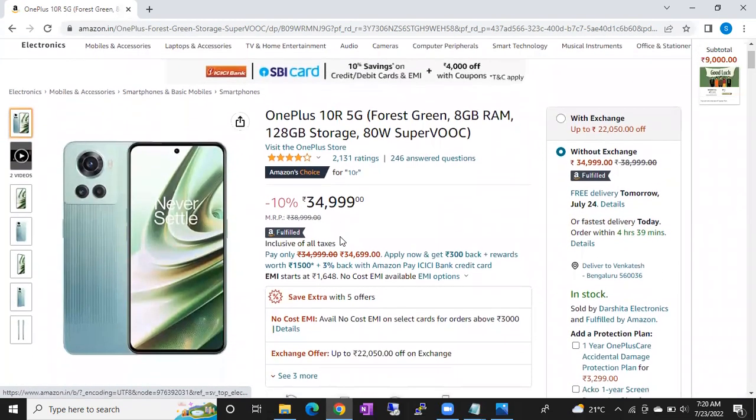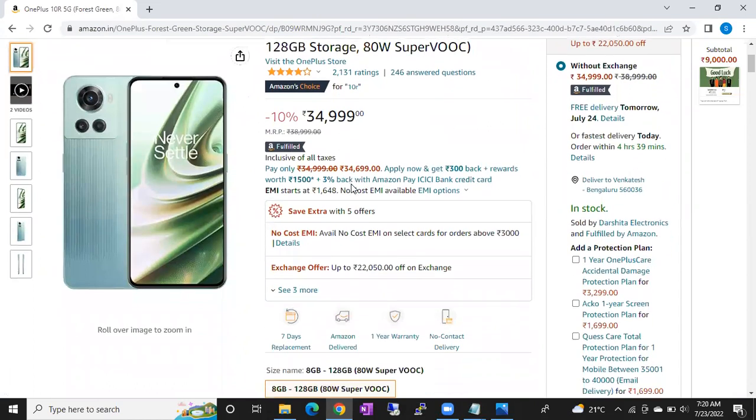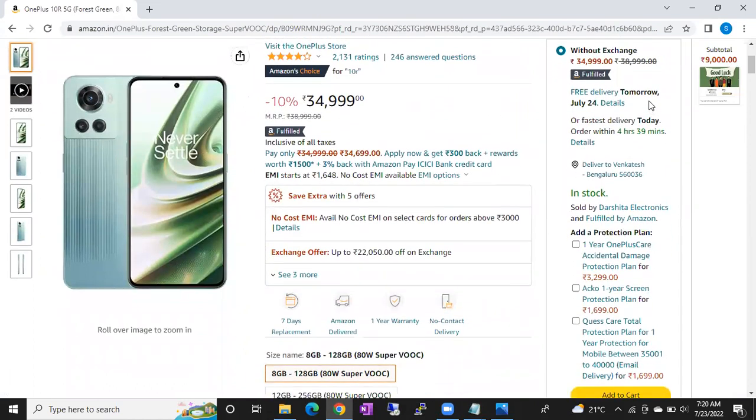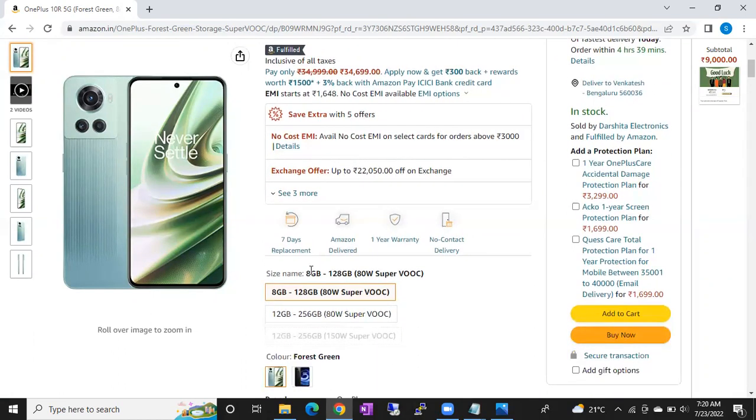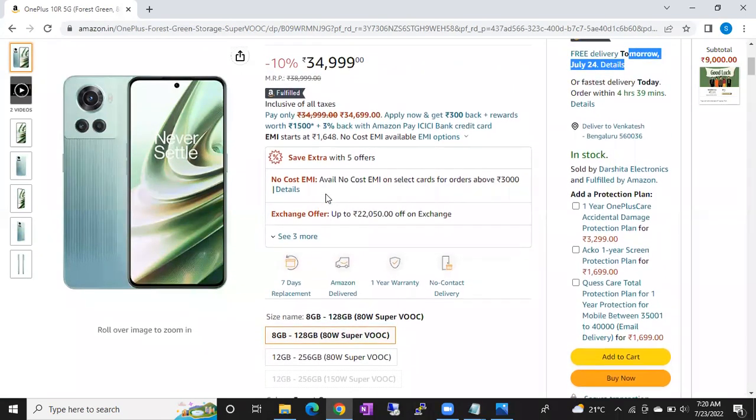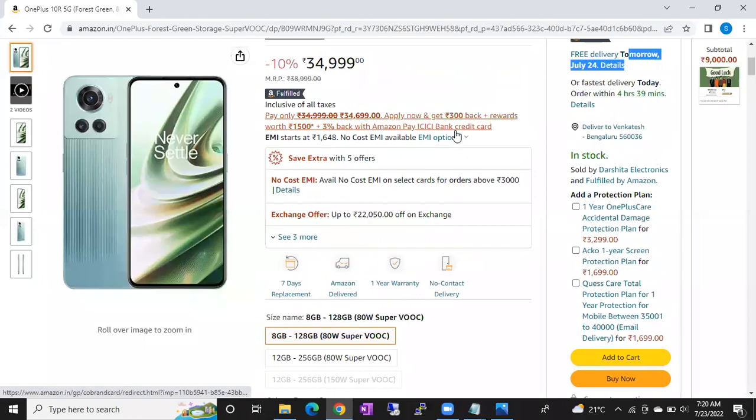You can see, once you click on that link, the product description, the product name, the cost of the product, when you can get the product, at what time it will be delivered. If you want to go with the exchange, how much it will be. If you want to buy without exchange, how much it will be. What is the capacity of this particular product? You can see a lot of information, right? Replacement policy, return policy, warranty policy, everything you can see.